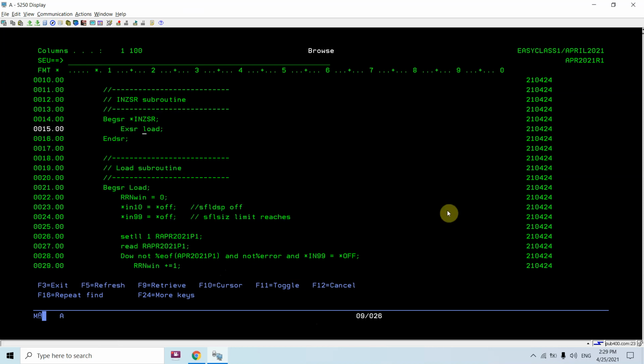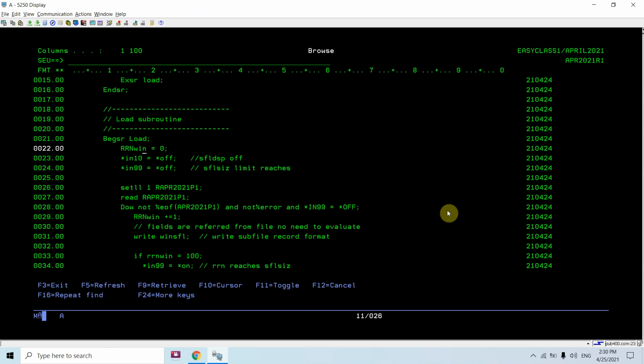Now in the load subfile, as you can see, I set RRN win equals to 0, and indicator 10 off, which is associated with the SFL display indicator, because for now there are no records loaded into the subfile. So this has to be off so that the empty window subfile gets loaded.